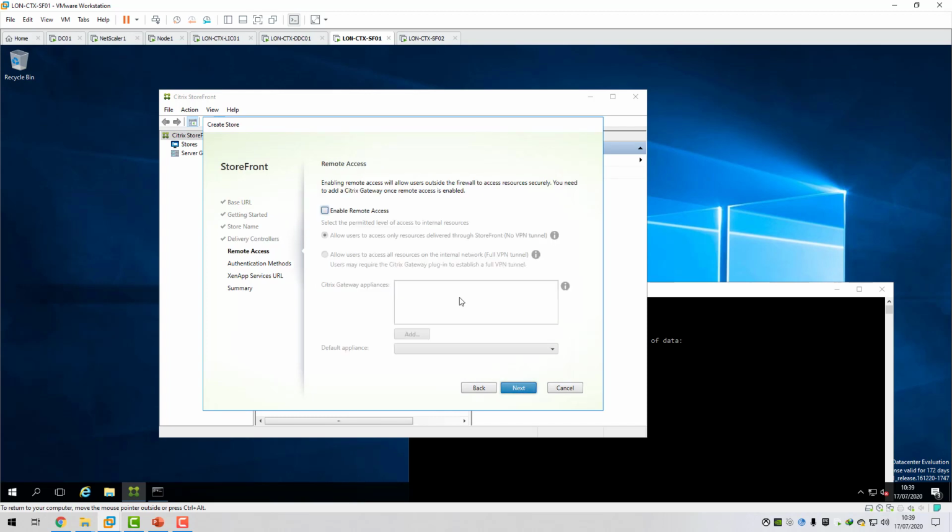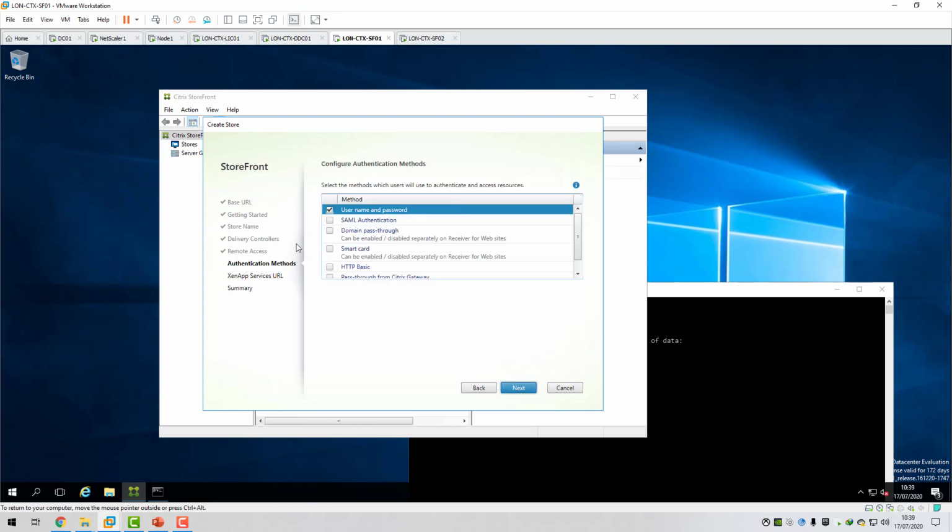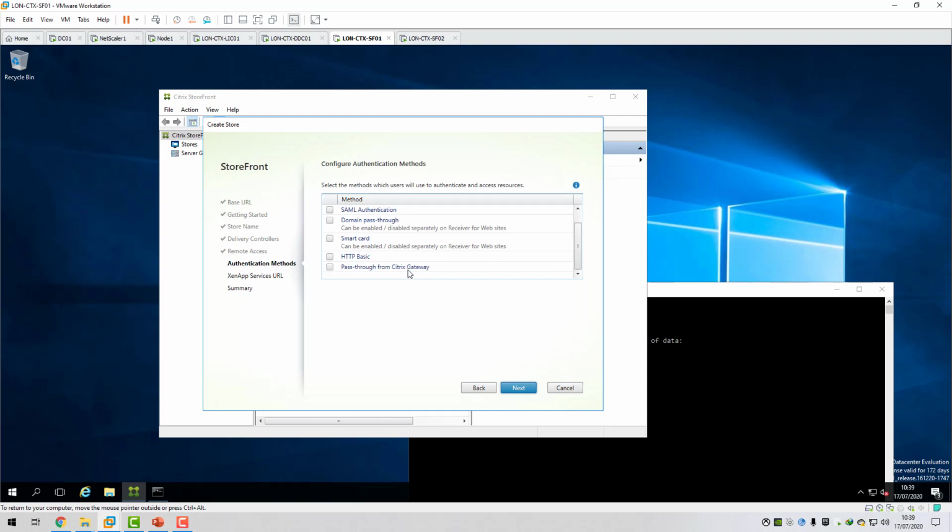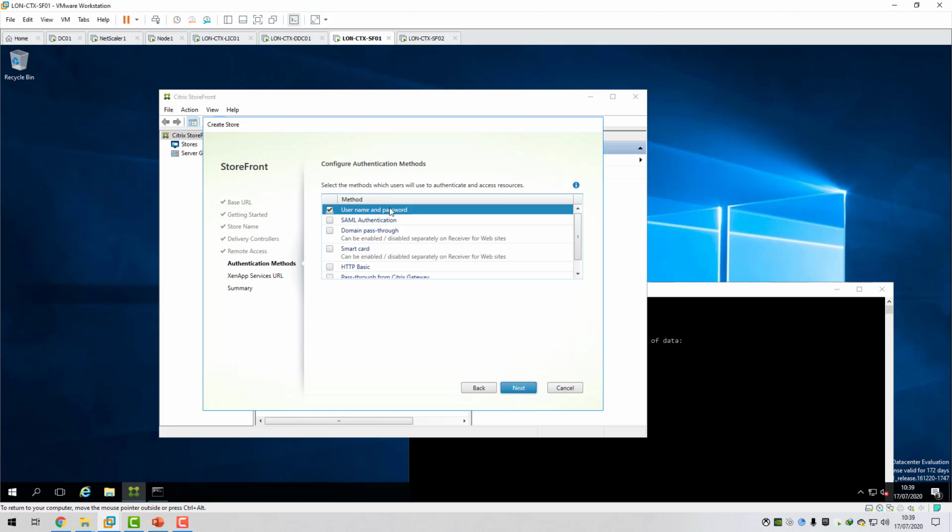I'll click on next. I'm not going to enable remote access yet. I'll enable remote access once this configuration is done. For authentication methods, again, I'll add pass-through from Netscaler after, once we start to add our Netscaler gateway appliance. Just for now, we're just going to use simple username and password. The